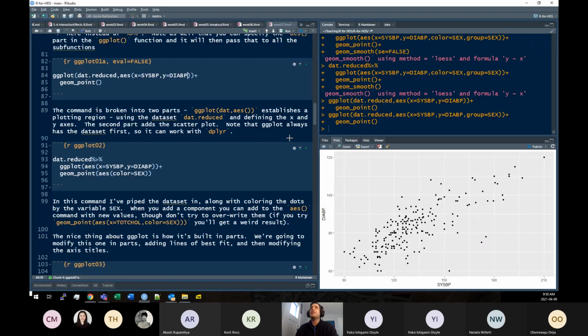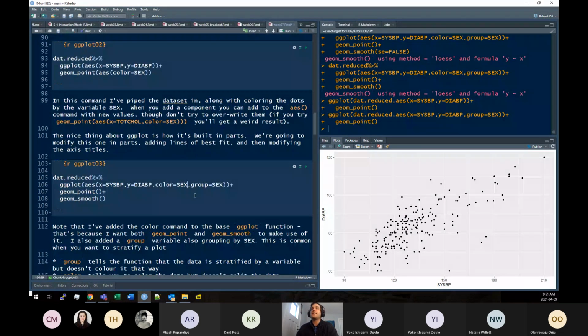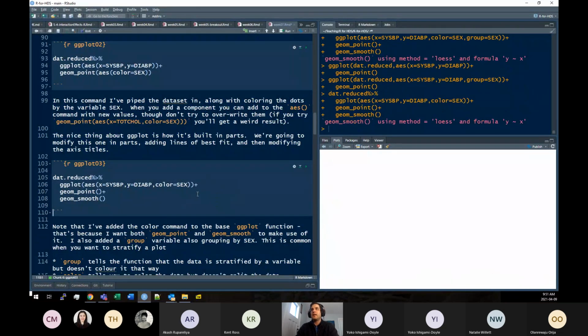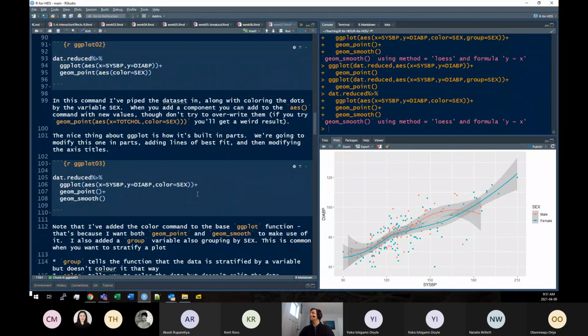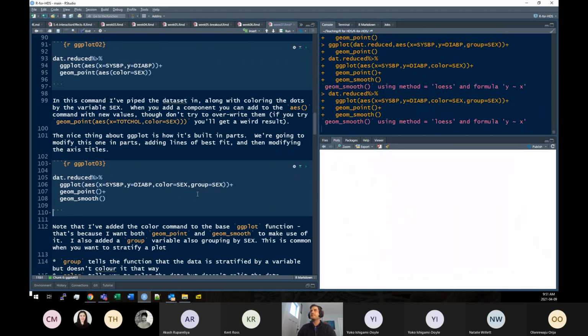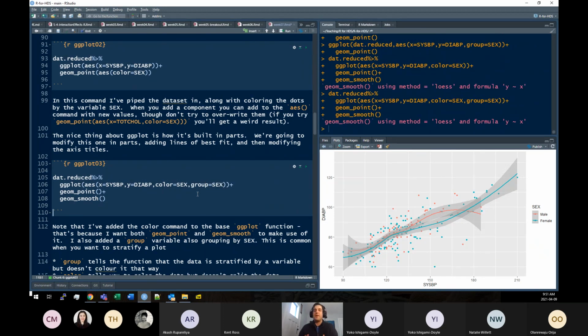I can actually show you. If we take this one, if I have color but not, oh, I didn't think that would work. I thought I had to have group. Must be when it was down in the smooth. Maybe I'm wrong. If I wanted a single line, I think I would have to do it like